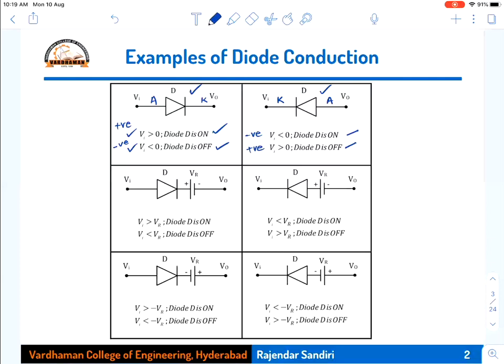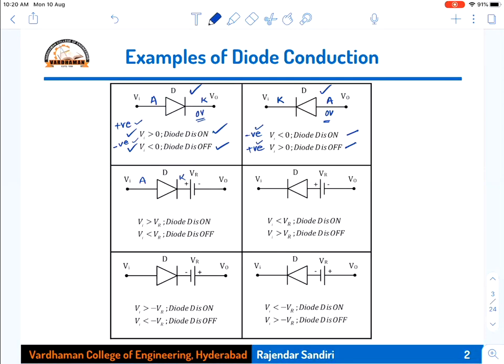Similarly, if you want to compare the voltages between anode and cathode, here it is anode and here cathode. Cathode also I am connecting with another. Here the cathode voltage is actually 0. So there is no battery connected here. DC voltage here is 0. So here it is almost 0 volts. Now I am just comparing on the cathode side here, which is positive one time, negative one time, and the other one positive one time. I am comparing that with the 0 volts on the anode side. Similarly, in the first case, anode is having positive and negative. I am comparing that with the 0 volts on the right side. So there is no battery, no DC voltage connected at the output.